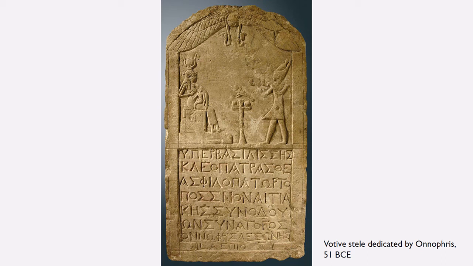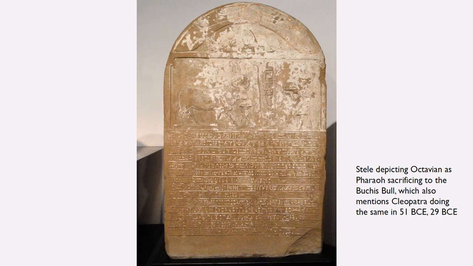She doesn't specify which one, but I think we can infer that she means Isis, because historically Cleopatra did like to dress as Isis, called herself the new Isis. And she shows concern for the Apis bull. And we also have another stele, from after her death, but it refers to her honouring the Bacchus bull at the beginning of her reign in 51 BCE. So it's not the Apis bull, it's the Bacchus bull, but we're still seeing her doing Egyptian religious activity.